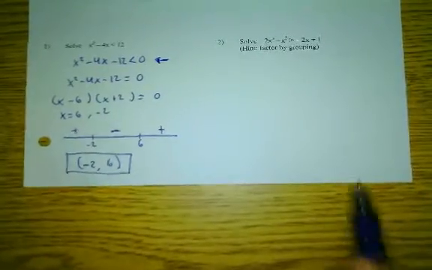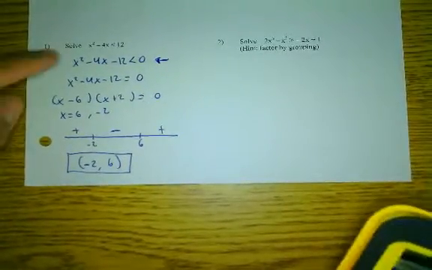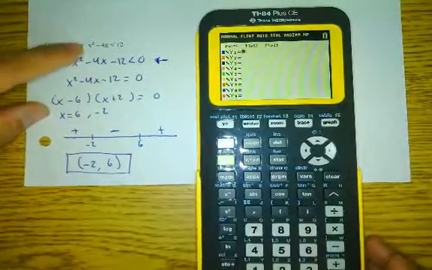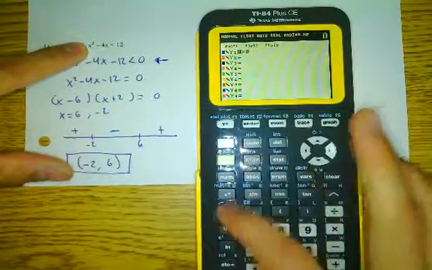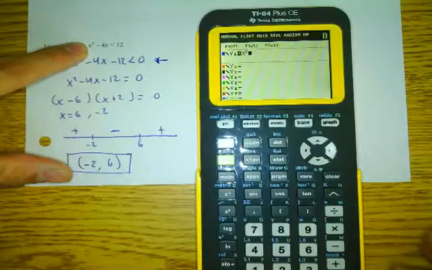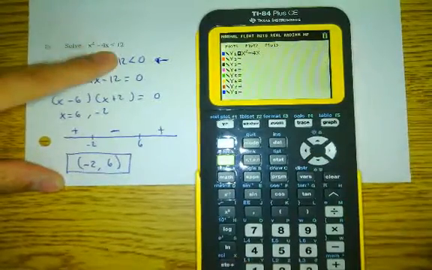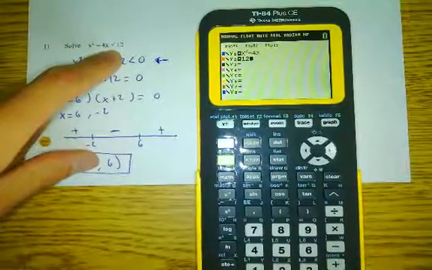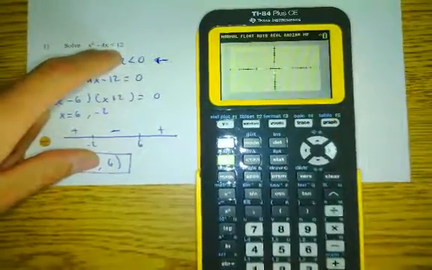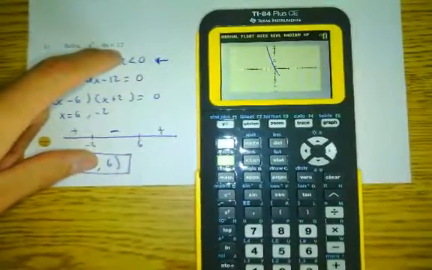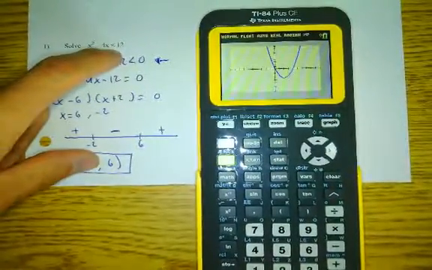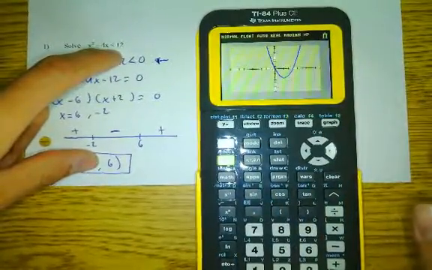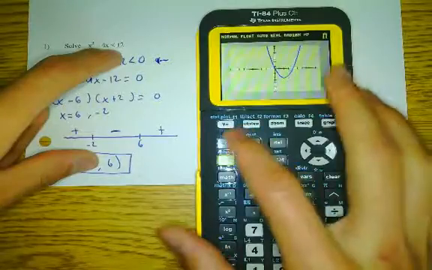Okay? So if you go to your calculator, and I'm going to type the beginning statement, which is x squared. And I'm looking for when it's less than 0, so I'm also going to graph, less than 12. So I'm also going to graph 12. So if you hit graph, I forgot to change my window, so I won't be able to see it. Let me go change my window. So I'm going to change my window, and I'm going to make my maximum 15. Alright, so now when you graph this,